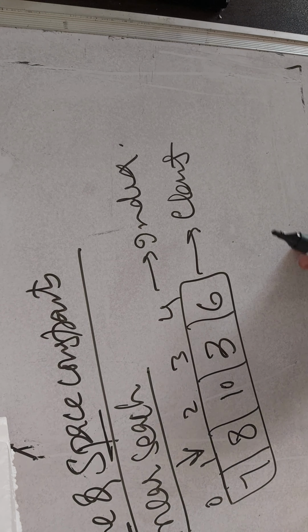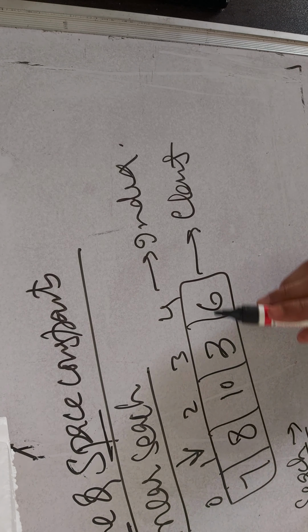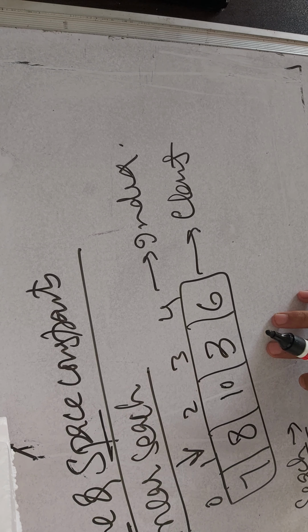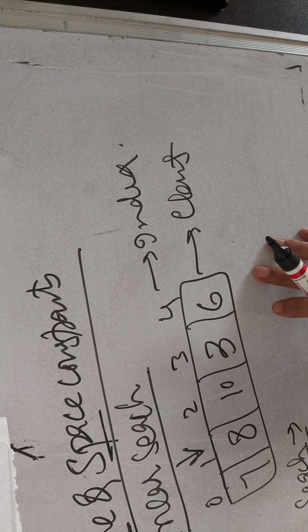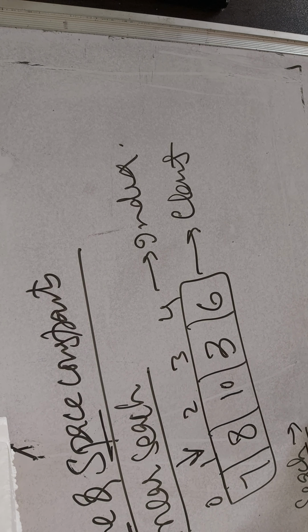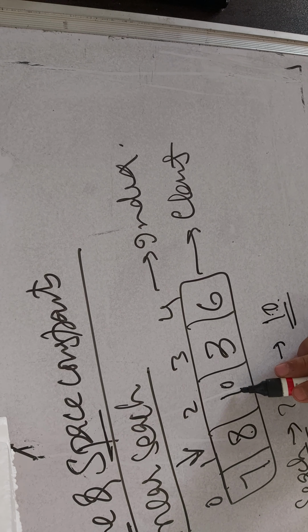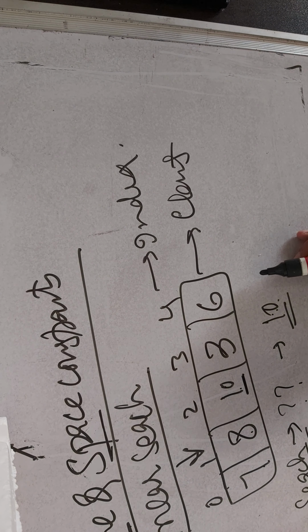So what does linear search mean? Linear search means if we want to search for any element inside this array, how are we able to search? Since we know that the array is random in nature, the elements are arranged in a random order. So to perform this search, we take a search element. Suppose it is 10. So 10 we have to search. What are we going to do? We compare this 10 with the first element, then with the second element, then the third element. Where we find it, we end it.